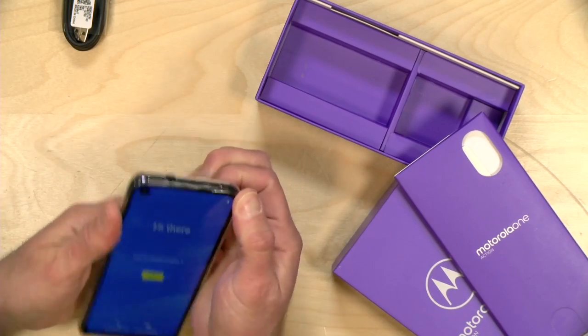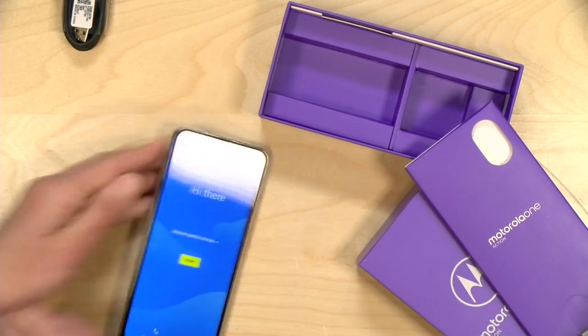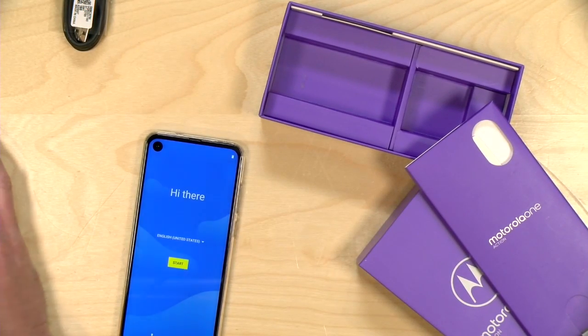And you know what I might do with this is actually, I just want to see what it's got for the SIM card slot on this. I'll pop it out of the case real quick here. And before I do that, I'm just going to mark the clip here so we don't forget that we've got a